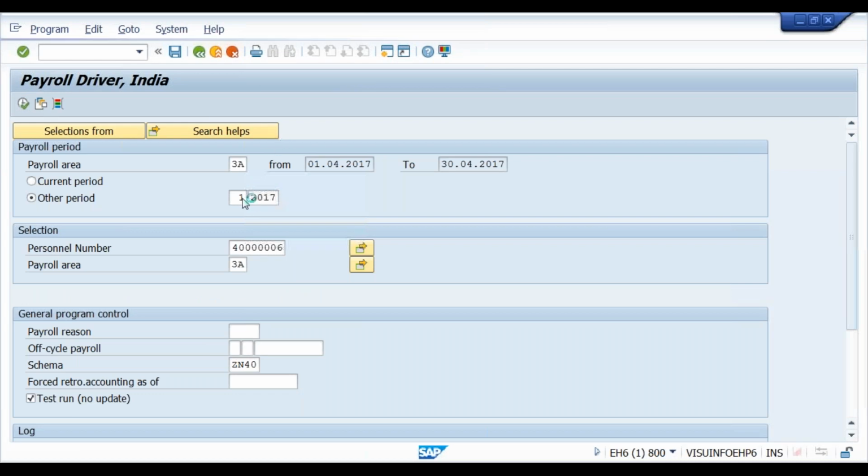I'm running the payroll for which month? First period, right? Means 01. 01 is compared with 03.